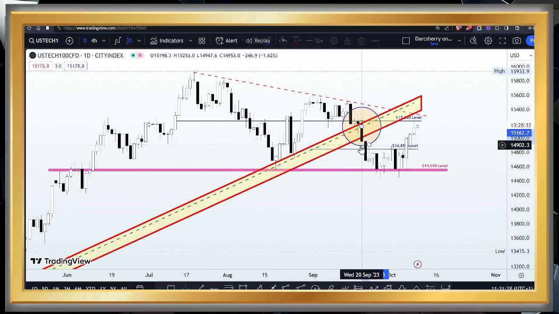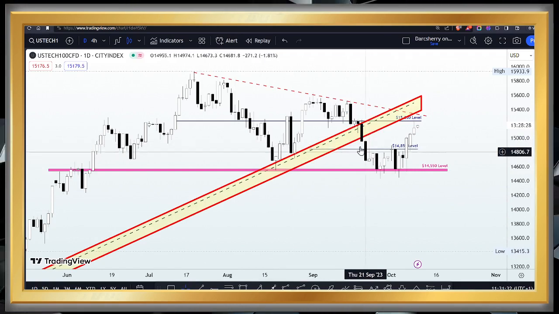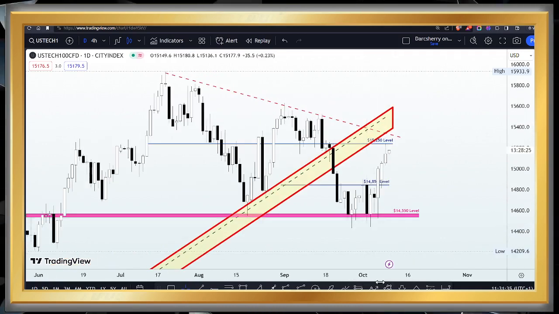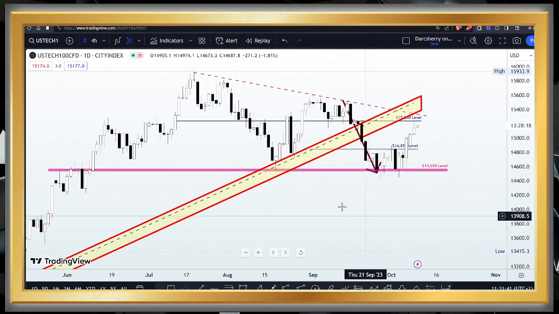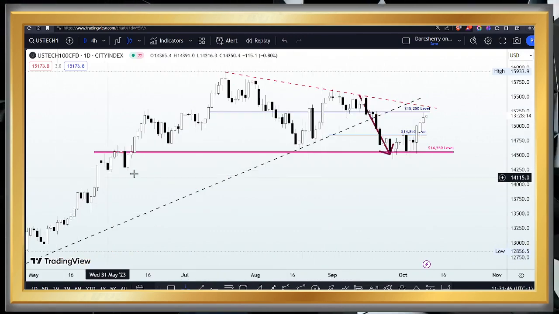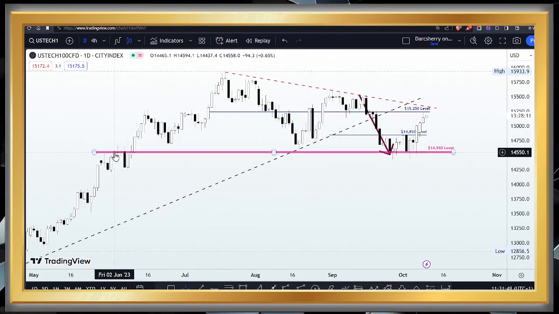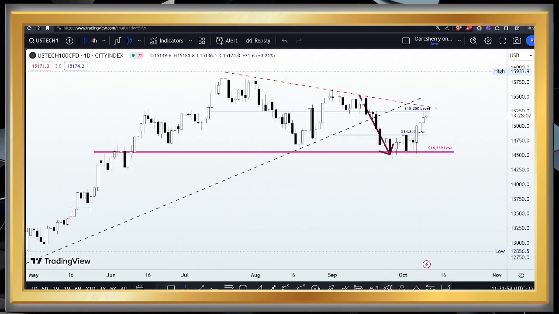Now look at what happened in the last 4 weeks, I think 4 weeks to be precise. We saw price break down the structure, came back into this zone here at the 14,550. Now, we acknowledged this level as a significant structure during last week's trading session. In fact, it was our key level for last week, and I emphasized how this level had played a major role in determining the direction of price action since the month of May.